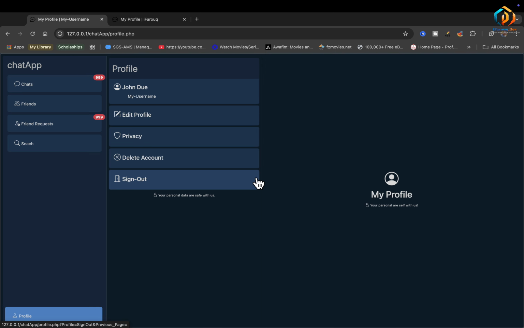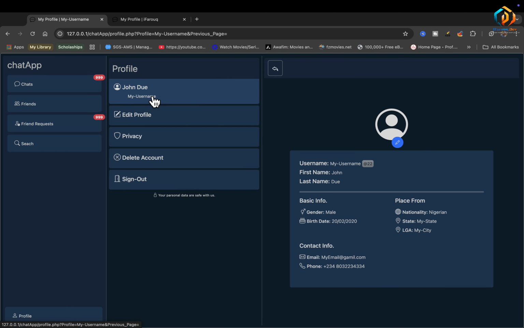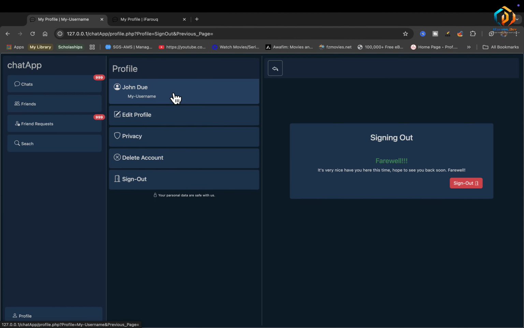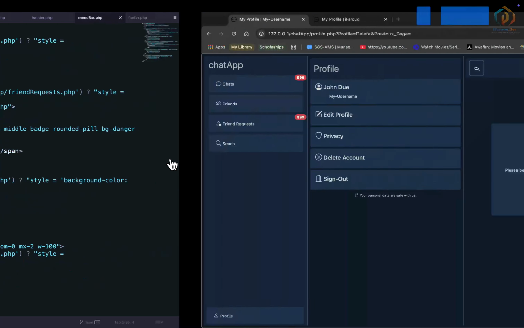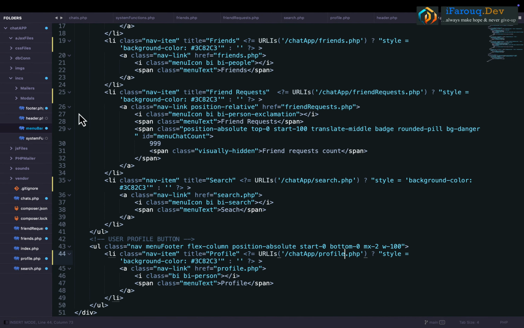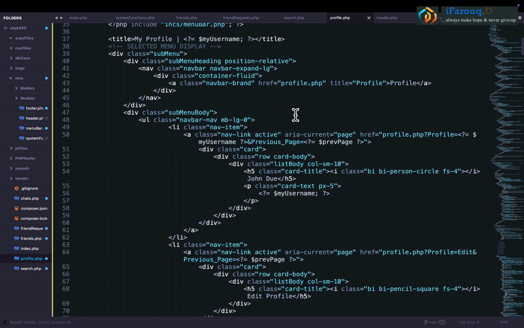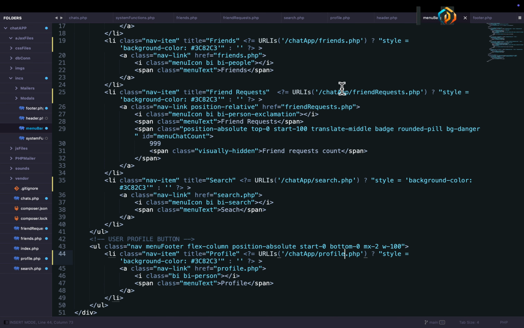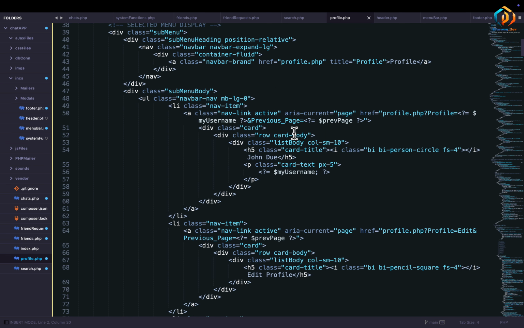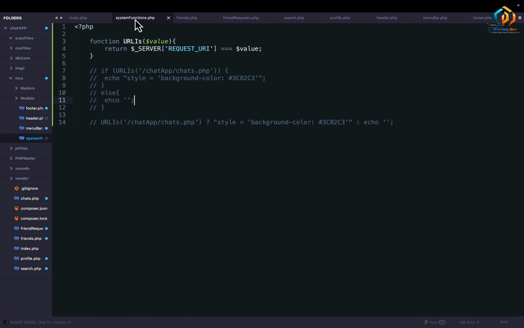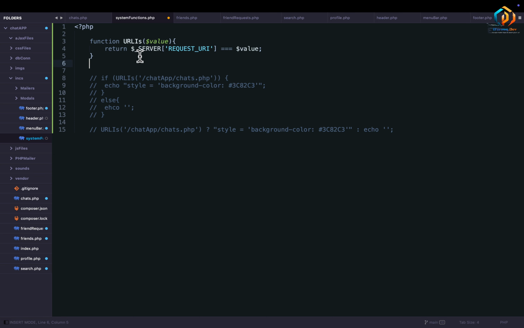So then, next to do is to take care of this profile submenu, which if it is clicked, like this menu is going to be highlighted, this and so on. Alright, so let's give it a shot as well. But this profile submenu is not going to work the same way as we did to this menu, because we are going to use get global variable instead of server global variable. In that case, we are going to create a new function down here and call it